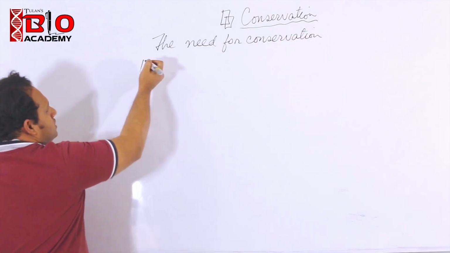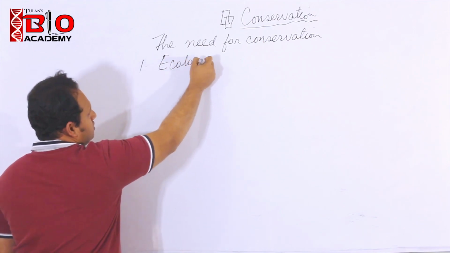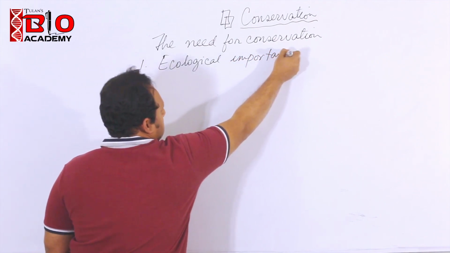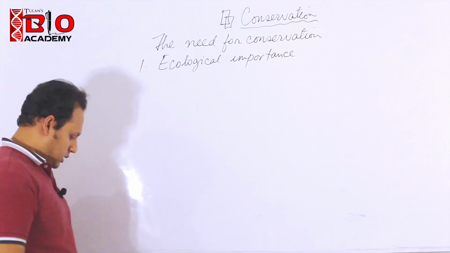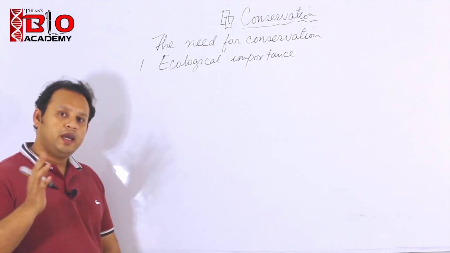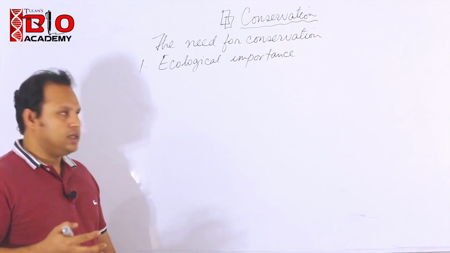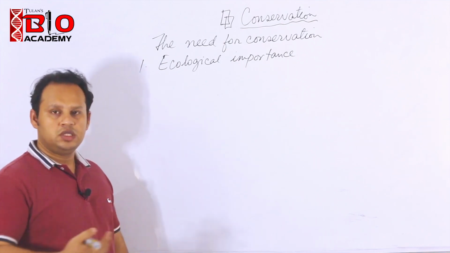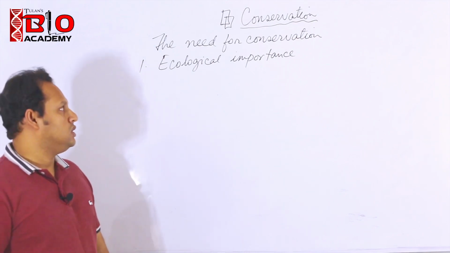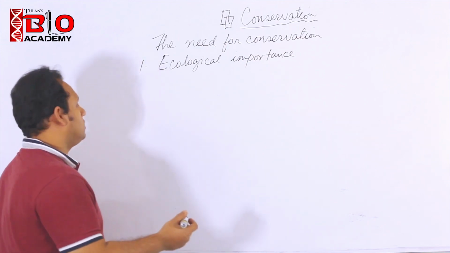Well, there are a lot of reasons. Number one is ecological importance. You just jot these down: ecological importance. Each species has a role or a function to perform in a particular environment. And as we have discussed earlier in this chapter, we have food chains and complex food webs. So everything is interlinked. You hamper one, or one species dies, it affects the food chain above it, because that particular species is dependent on the lower species or lower trophic levels for food. So for ecological importance, we need to conserve.